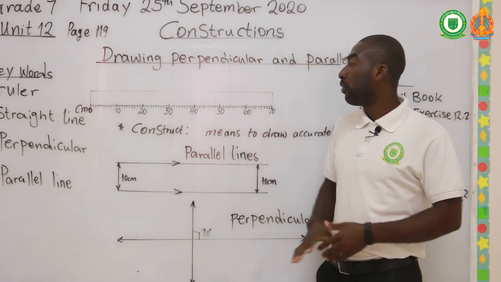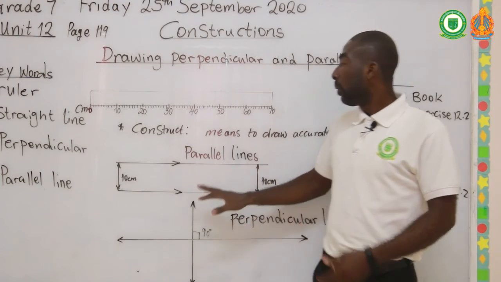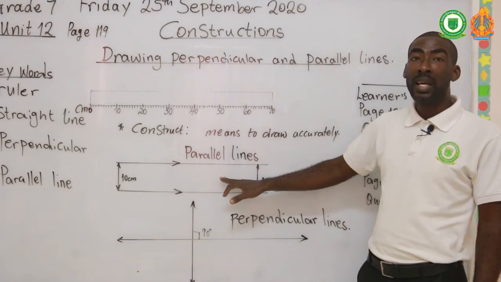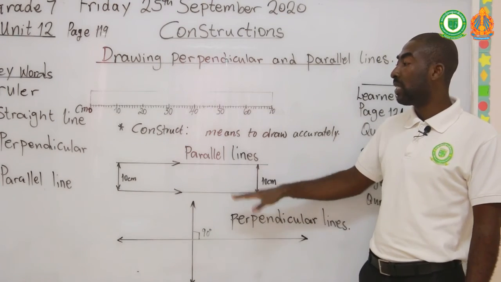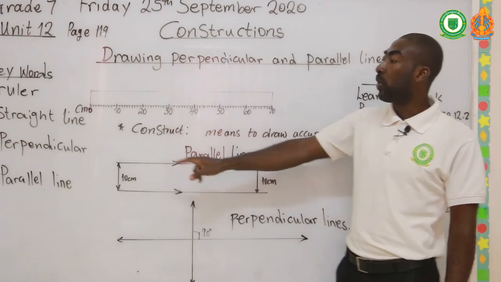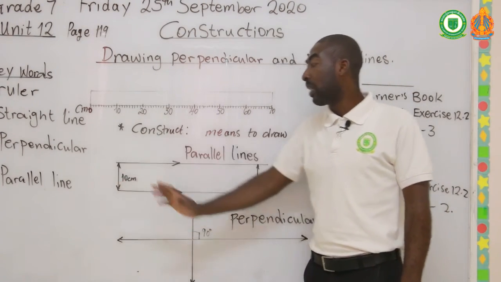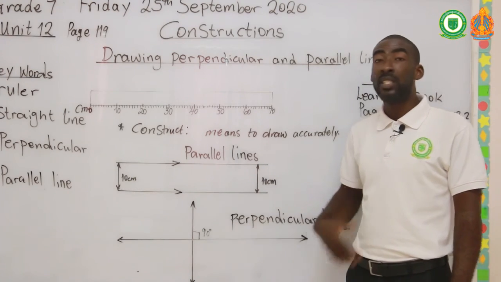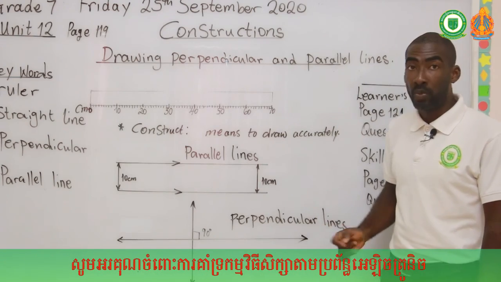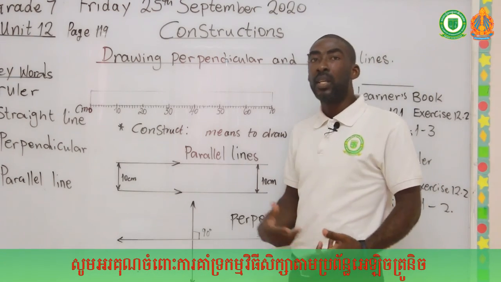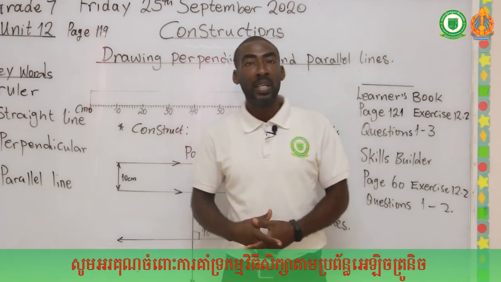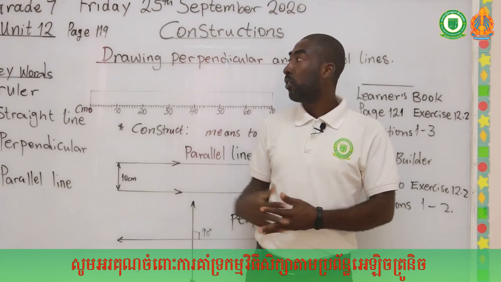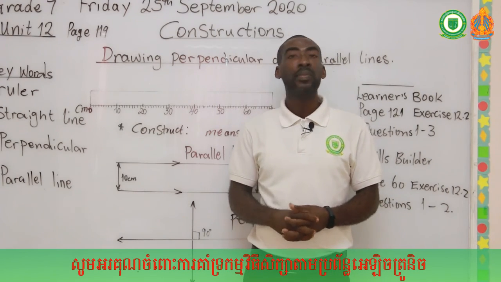So please, I want you to always know that parallel lines are two lines that do not meet, they have the same space in them. And then when we say perpendicular, perpendicular lines are two lines that are meeting and forming a 90-degree angle between them. With the two activities that you have done, it assures me of your understanding on construction,